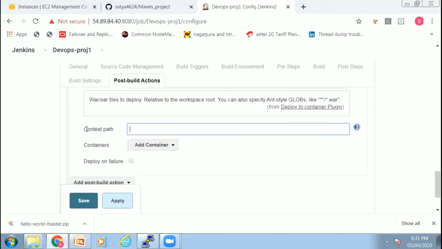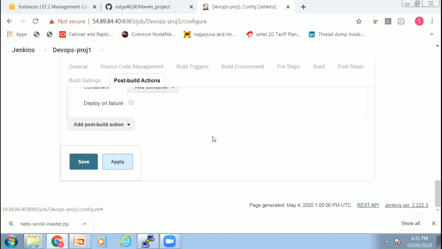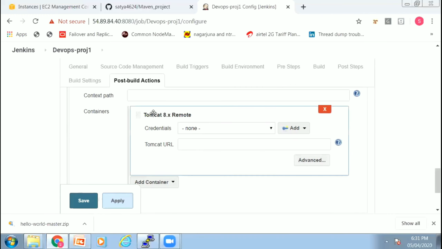So context path is not required here. Just select the container. We want to deploy this application war file on top of Tomcat. That is the reason we have selected Tomcat, right? So here,